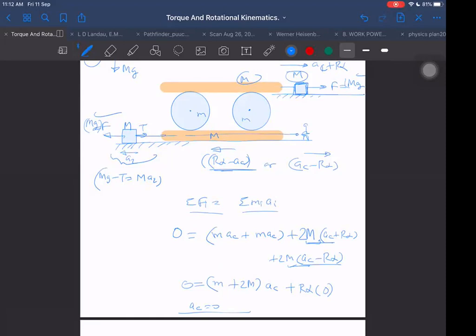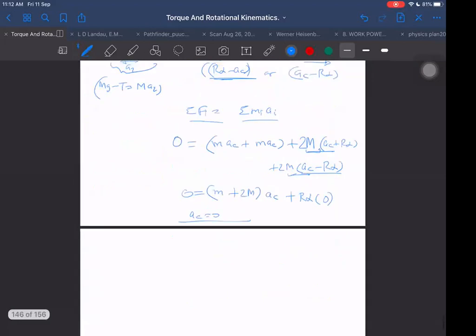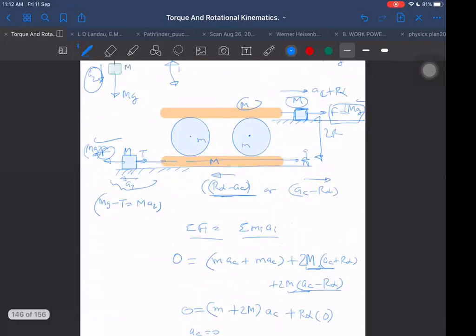torque will become 0 due to the F force here. Then external torque is acting only due to this upper F, and that is at a distance 2r. So what is the net torque acting on this? Net torque acting on this will be F into 2r. F into 2r will be equal to what? That will be equal to